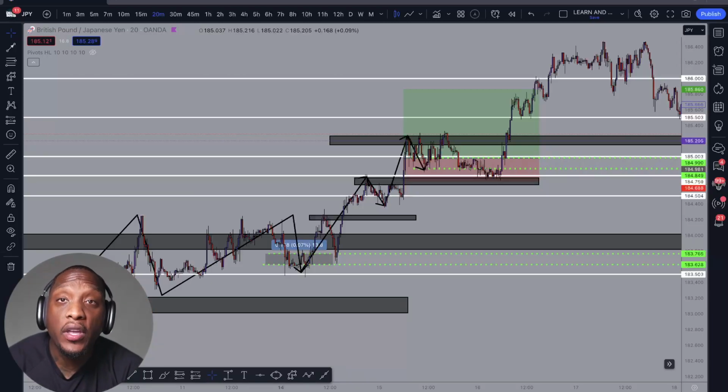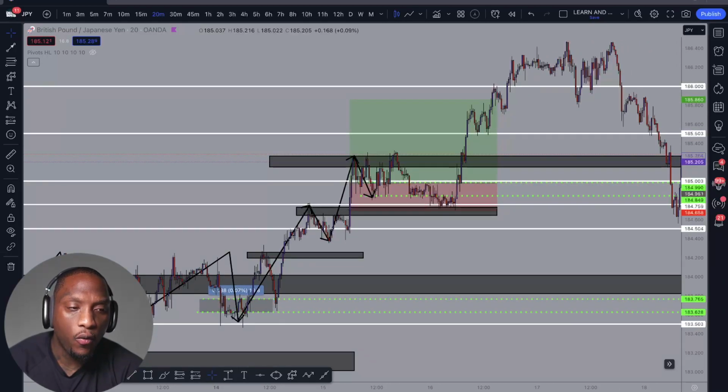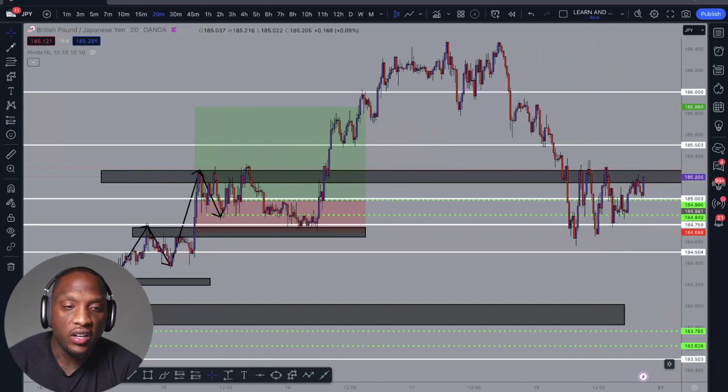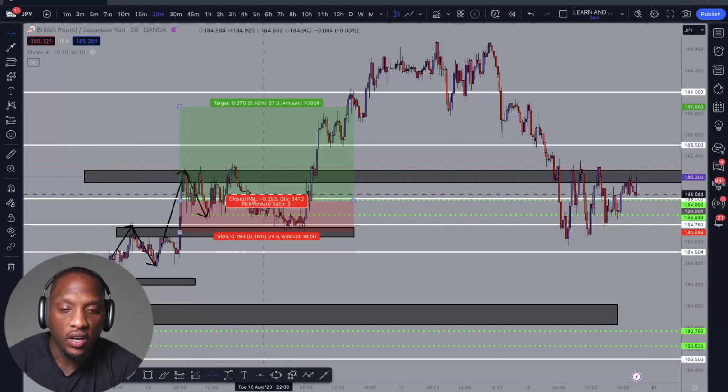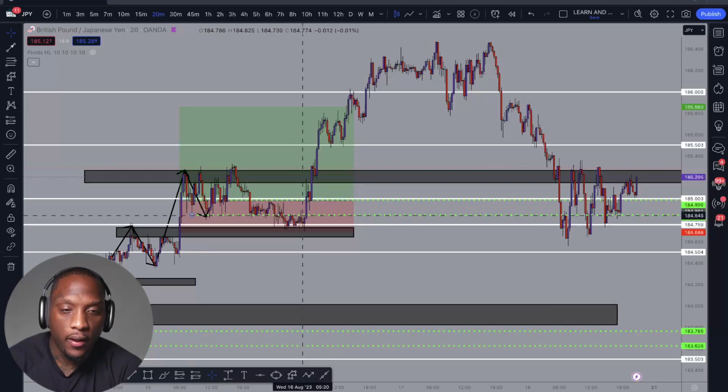Let's do a little bit of a recap from last week. Last week, as you can see, I took roughly 2 entries down here at 183.750 and 183.600 area. You can see we rolled them all the way up, scaled in another wonderful entry. I think this is around Wednesday. Scaled in another entry around Wednesday, where I scaled in roughly here at